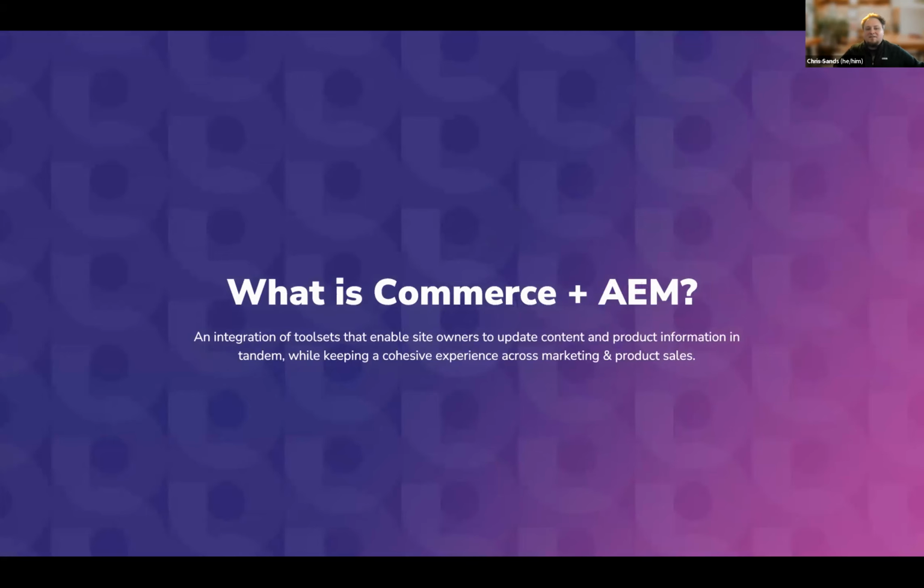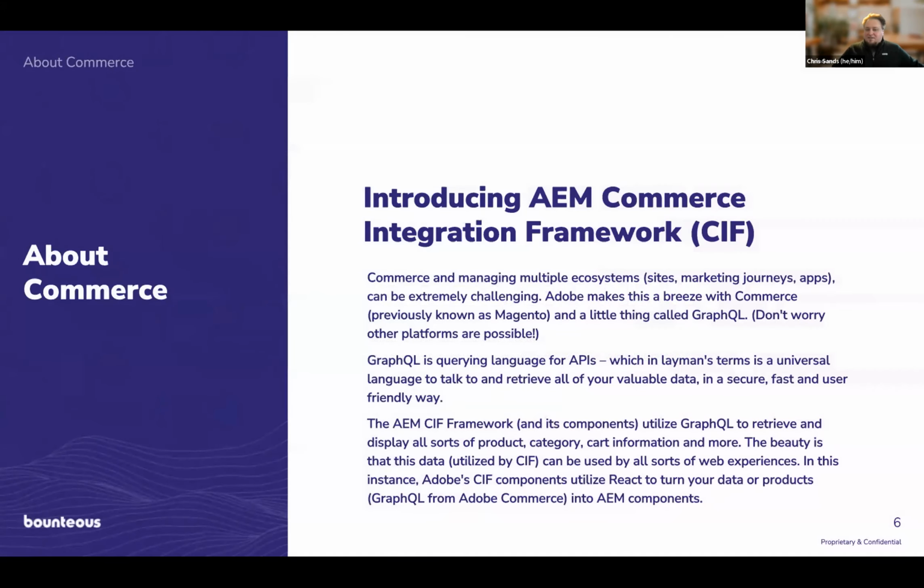An integration of tool sets that enable site owners to update content and product information in tandem, while keeping a cohesive experience across marketing and product sets. And this is a little bit of an explanation of what actually is commerce within AEM. So the AEM Commerce Integration Framework, or CIF,